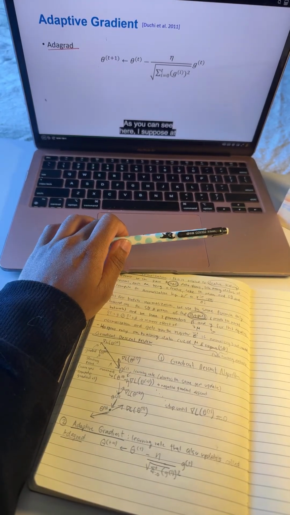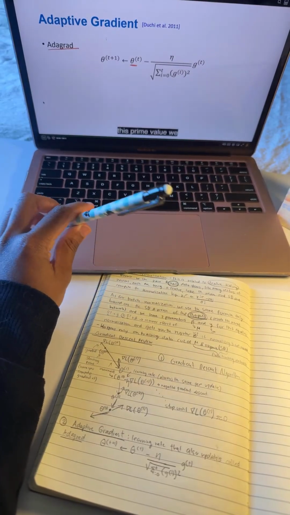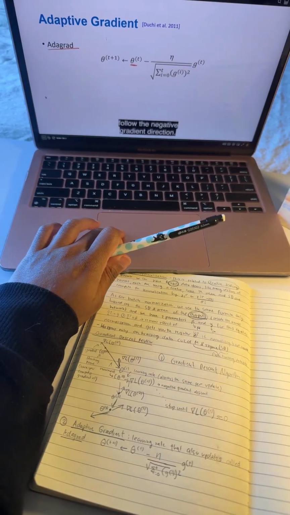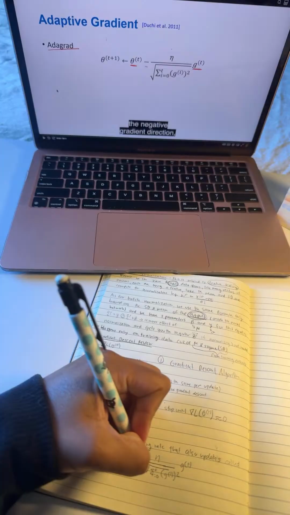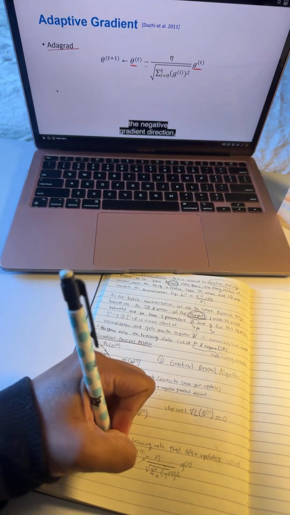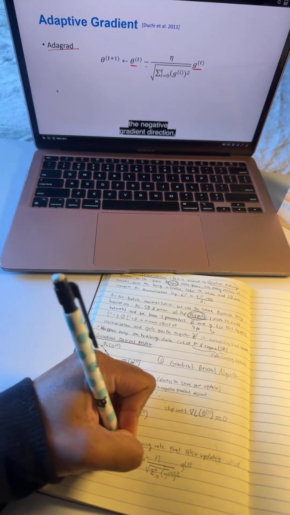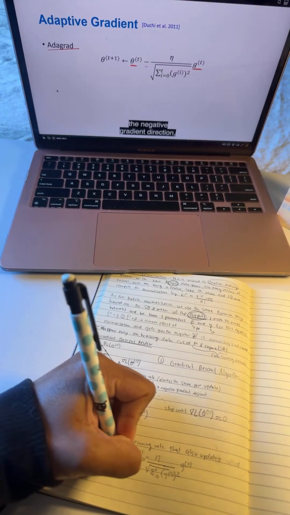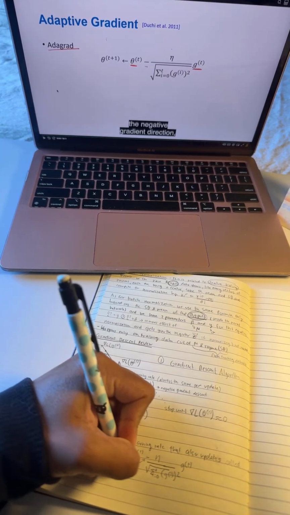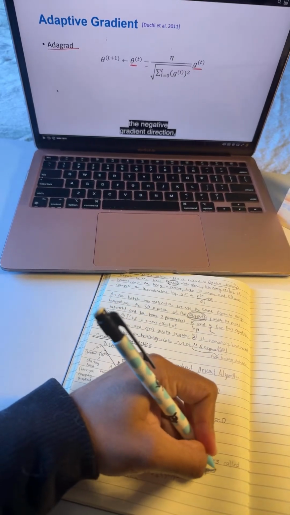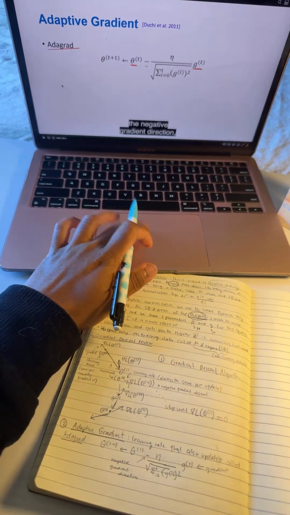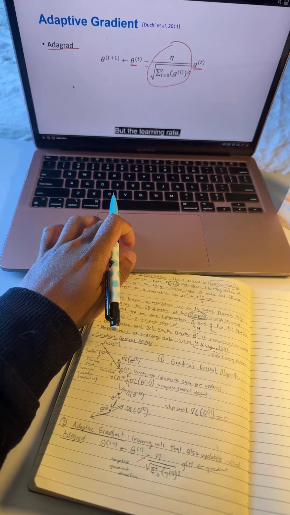man. Yeah, we're still following. So I suppose at this parameter value, we follow the negative gradient direction. So this is gradient. We still follow the negative gradient direction. But the learning rate is